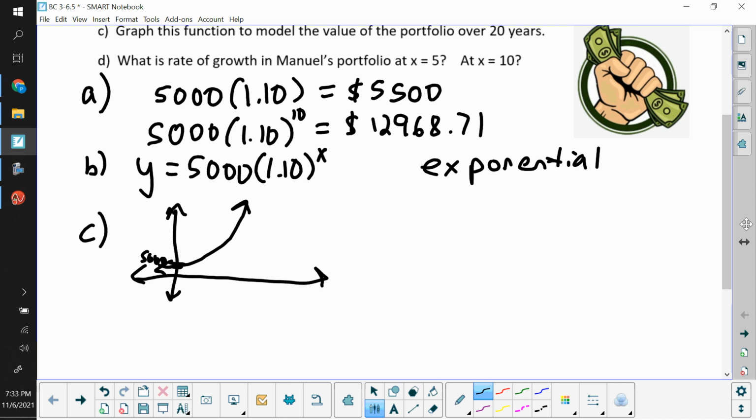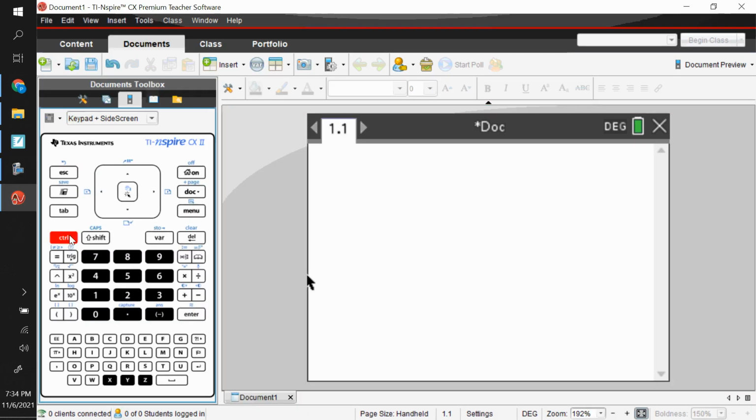So the options we have. One, we could do some slopes of secant lines and pick, say, like 5 and 5.01 and do the slope between those 2 points, and that would give us a pretty good approximation. Another thing we can do is use our calculator to help us out. So if we go over to a graphs page and graph our exponential function that we have,